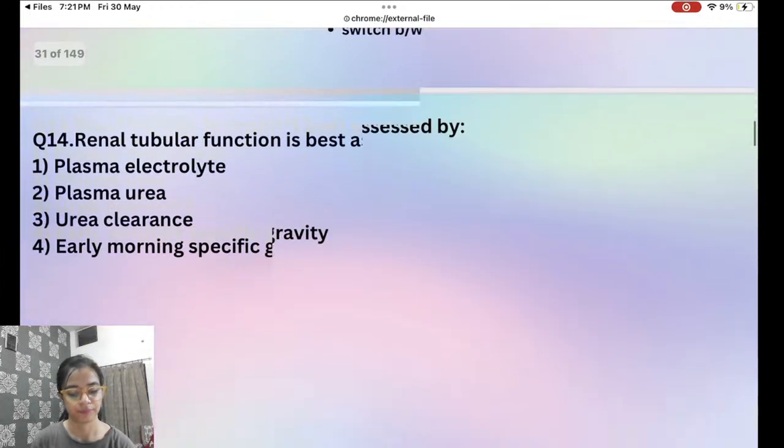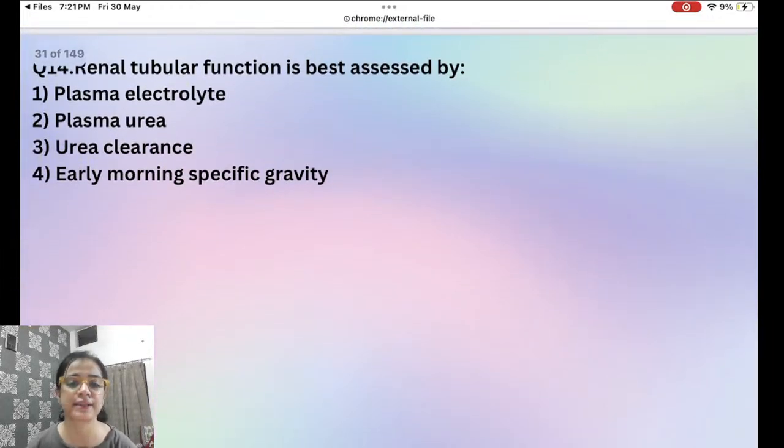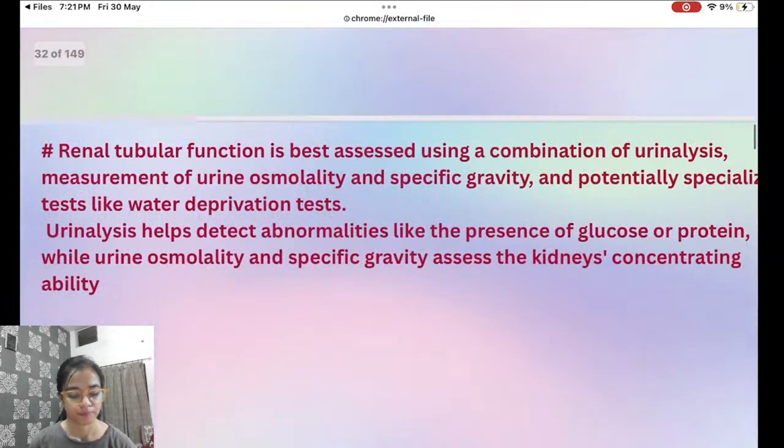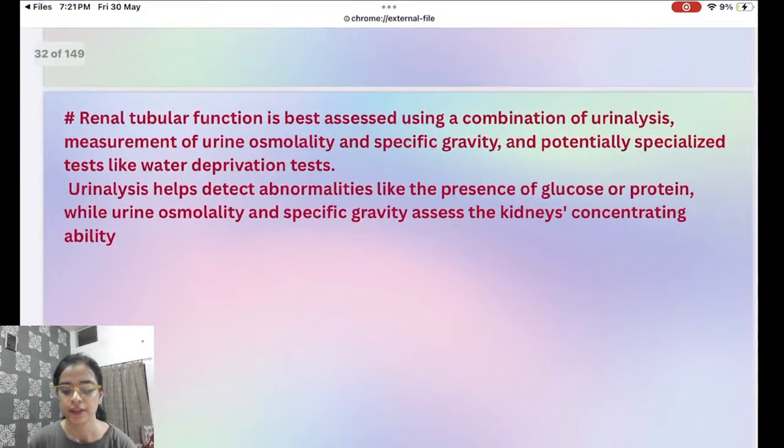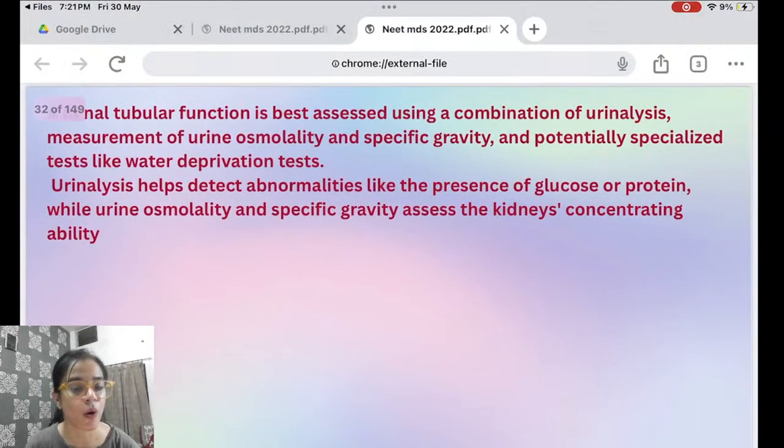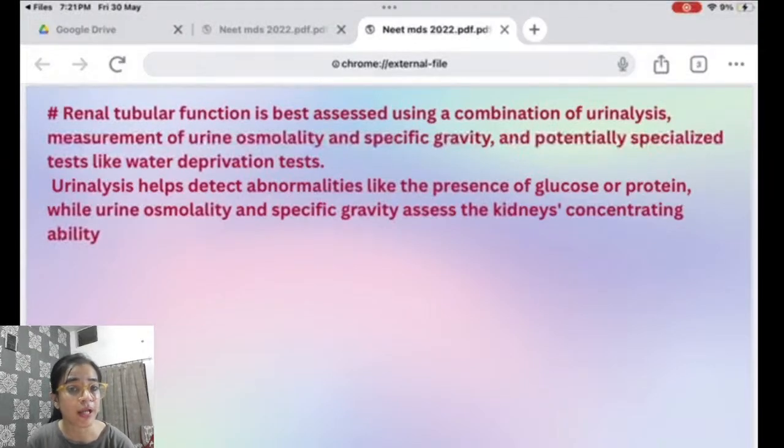Next, renal tubule function is best assessed by. See, renal tubular function is best assessed by using a combination of urine analysis, measuring of urine osmolality and specific gravity, and potentially specialized tests like water deprivation test. Urine analysis helps to detect abnormalities like presence of glucose or protein, while urine osmolality and specific gravity assess the